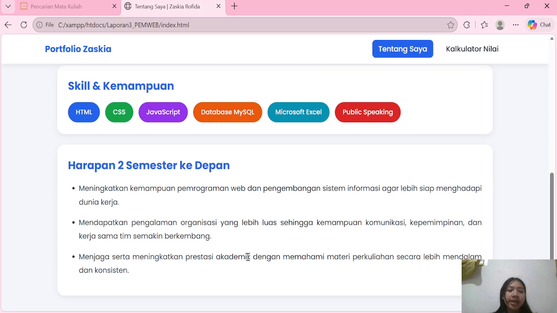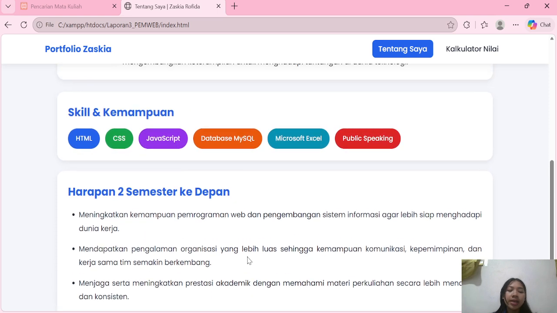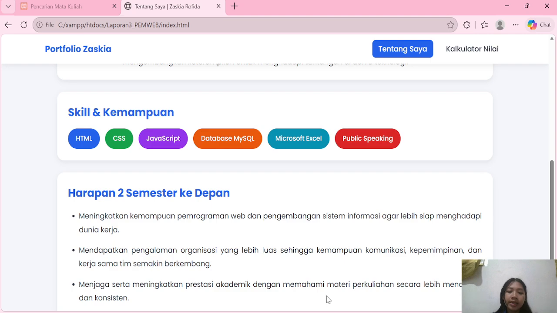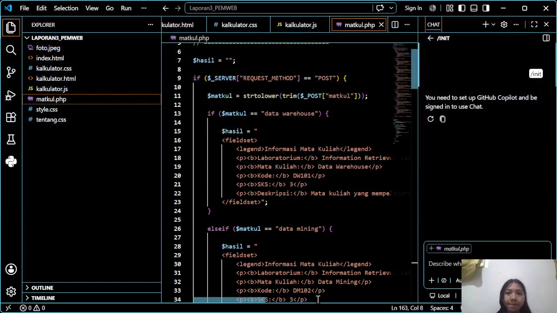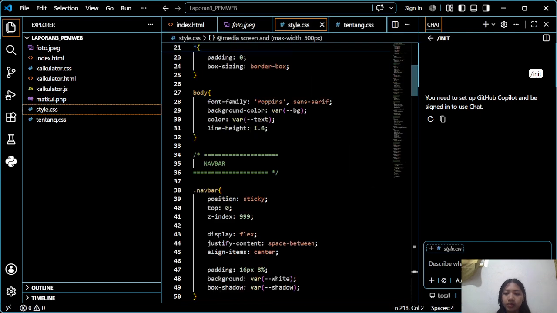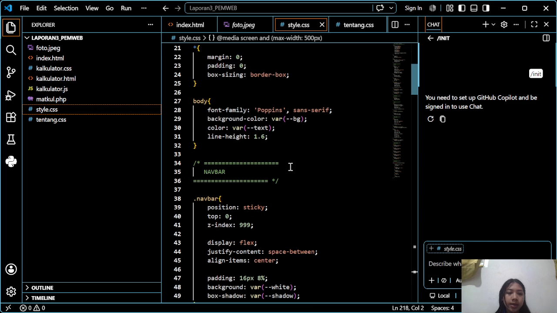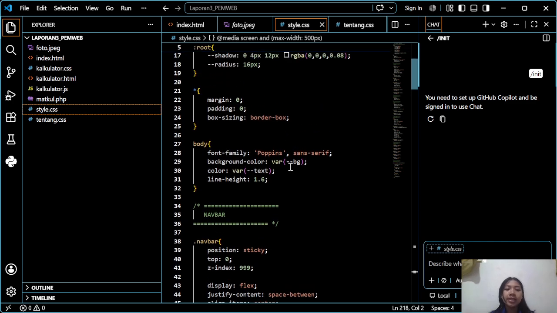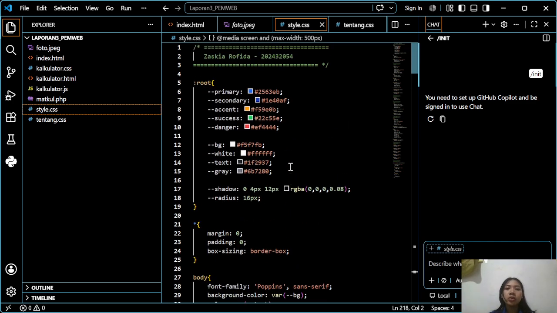Now I will explain the CSS file in style.css. In style.css, I use CSS custom properties inside the root selector.